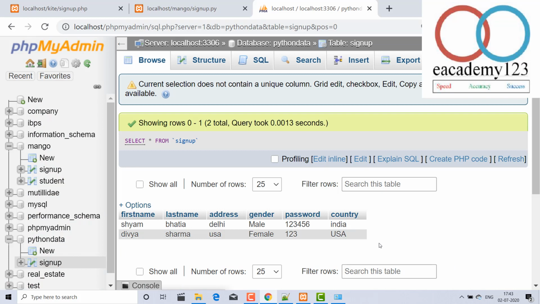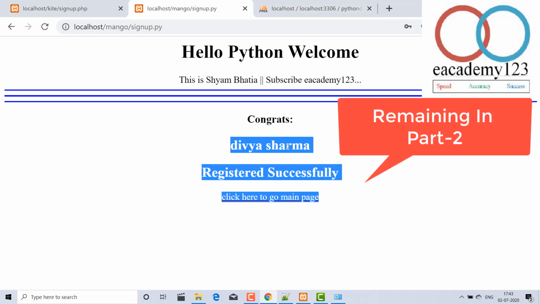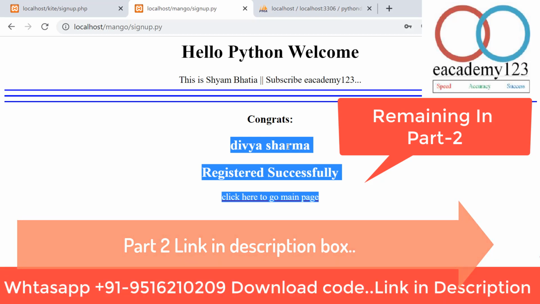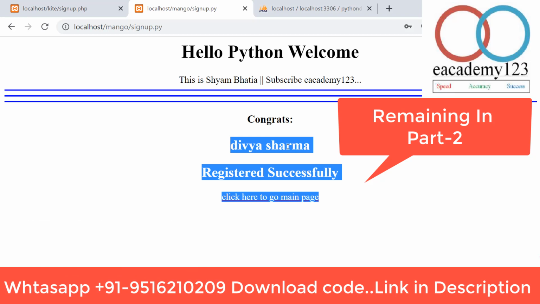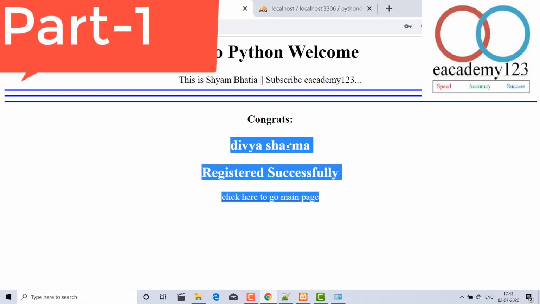Now, in the next video, I am terminating this one here. In the next part we will discuss how to compare the data entered by the user from the front end with the inserted data. In the next video we will design the sign in or login page, how to log in, and how to cross match the existing values in the database with the user's entered values. If the values are correct, we will say you have logged in correctly, otherwise we will say incorrect username or password, as we generally see on the internet.